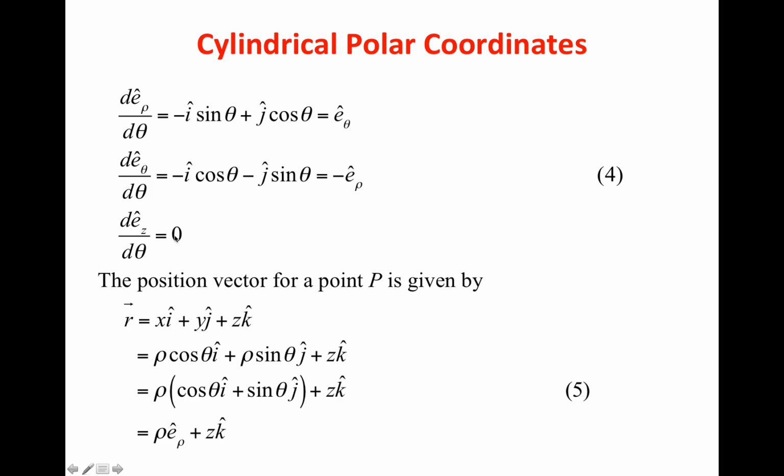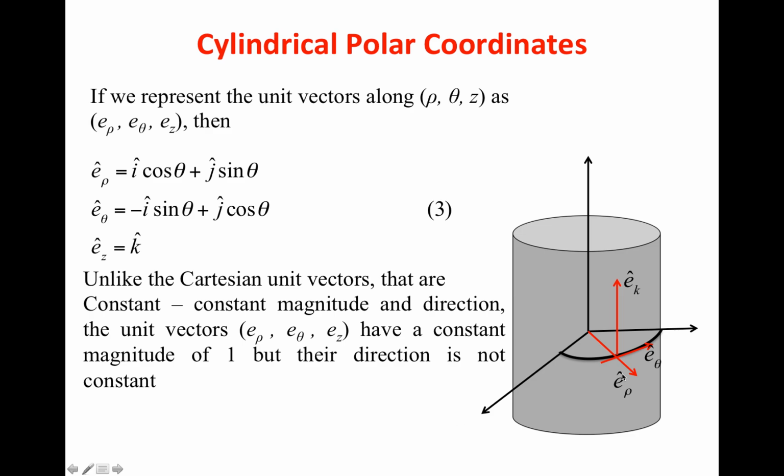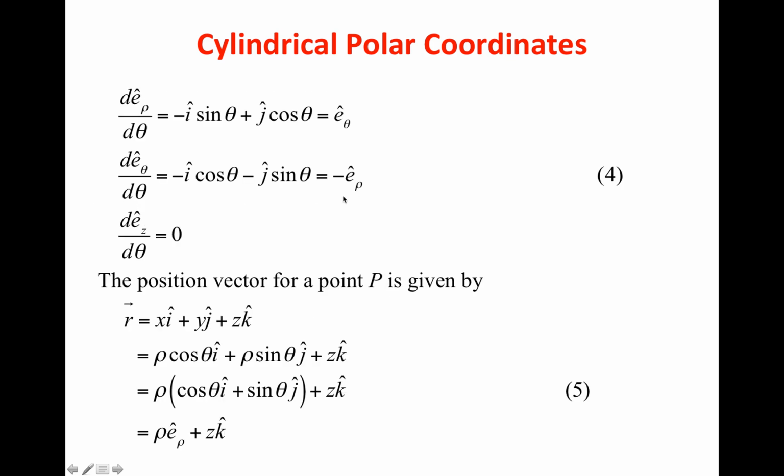Geometrically also we would have assumed this is what we get, because, remember from your calculus class, the derivative of e_rho cap, or the change in e_rho cap, will be a vector which is perpendicular to it. Therefore the rate of change of e_rho cap comes out to be e_theta cap, whereas the derivative of e_theta cap will also be perpendicular, and the right hand thumb rule applies. So it will be in the direction opposite to e_rho cap, and that is exactly what we get theoretically also.